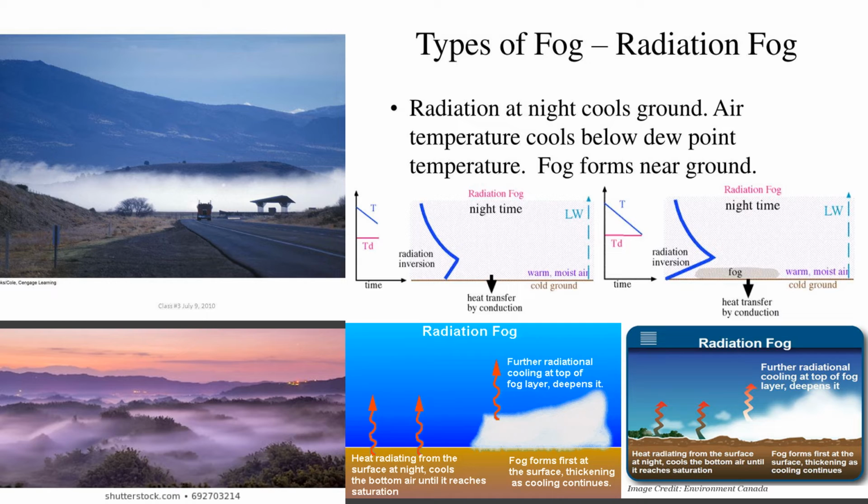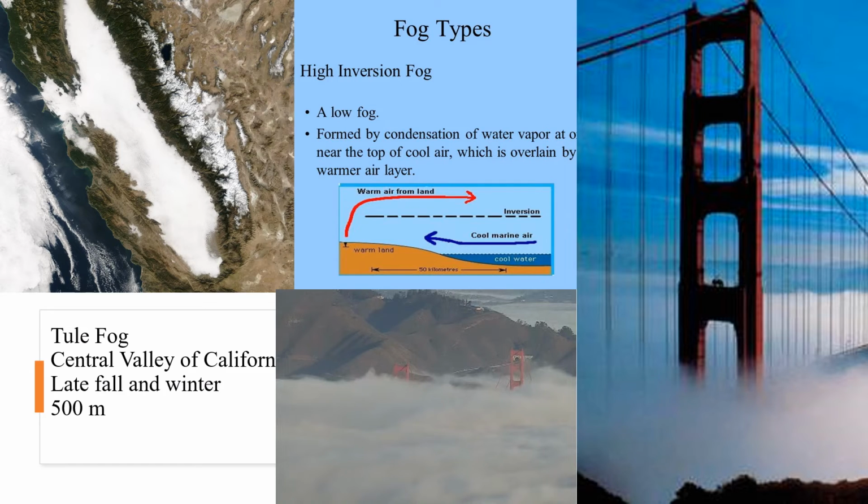Let's go through some examples of different radiation fog. If the fog is thick with little sunlight penetrating it, and there is little mixing along the outside edge, the fog may not dissipate. This is often the case in the Central Valley area of California during late fall and winter. A fog, for instance, over 500 meters thick settles between two mountain ranges, while a strong inversion normally keeps the warmer air above the top of the fog.